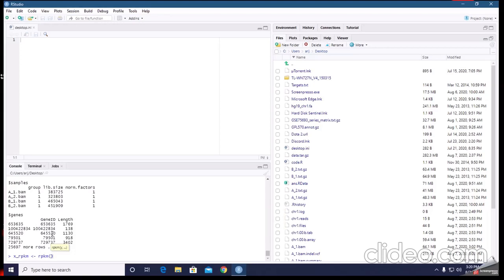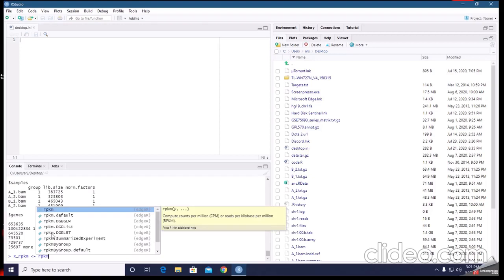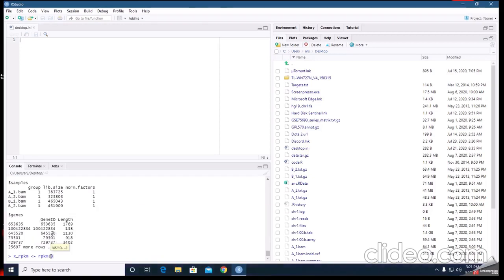We use the RPKM function. This RPKM function is present in edgeR, okay? And we use our previous X in which we stored our differentially expressed gene list.